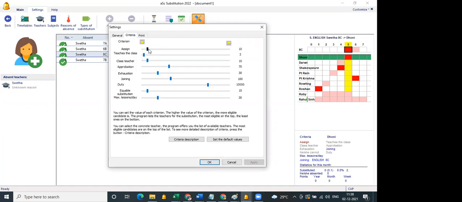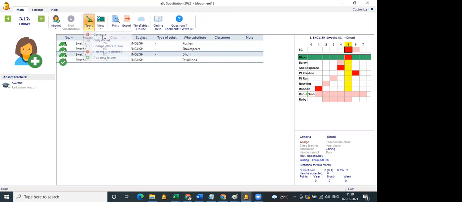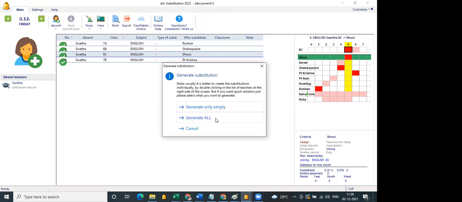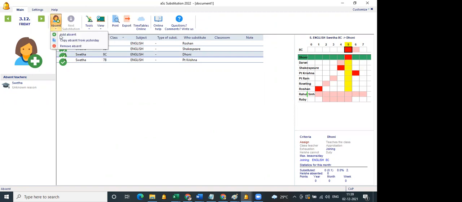So assign teachers and class teacher. I click on OK. I have moved the probability. It is a probability. So I again generate it. Okay, I'll go for another day, or I'll go for another teacher.